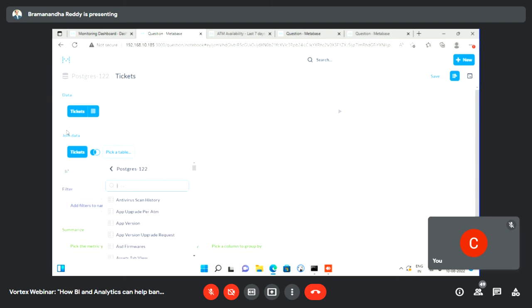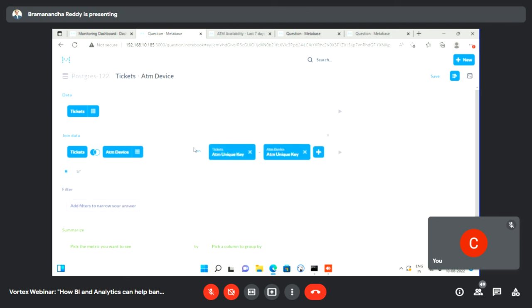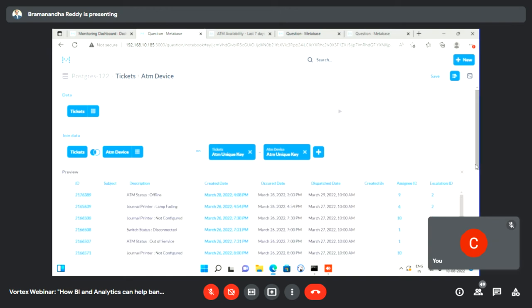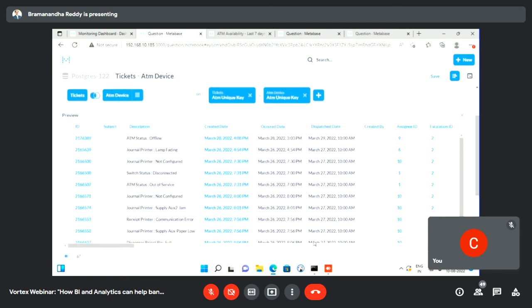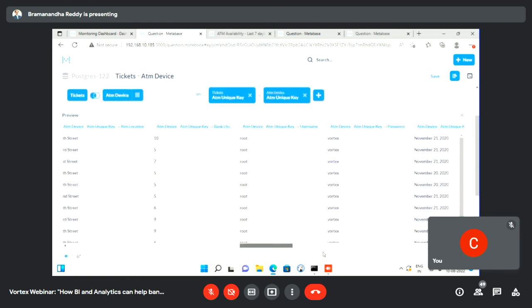So from the ticket table, let's say we want to join the ATM device table. Okay. So here, automatically, based on the relationship between these two tables, it will automatically correlate. This is a very good thing about this software called Metabase, which allows you to get this pre-populated easily. Okay. So once that is done, then the data will start showing you data from both these tables merged together, correlated through that one single